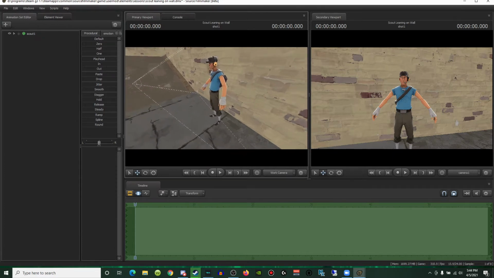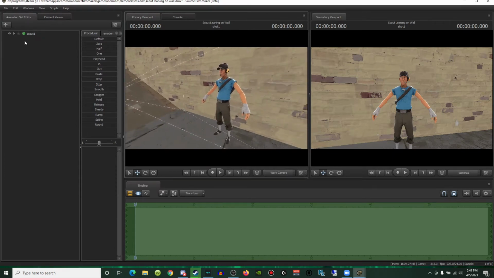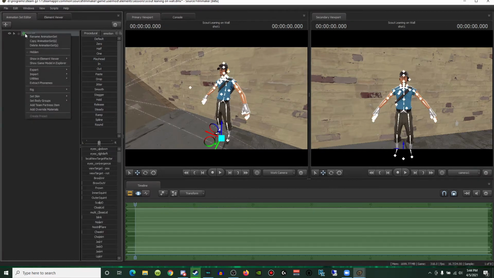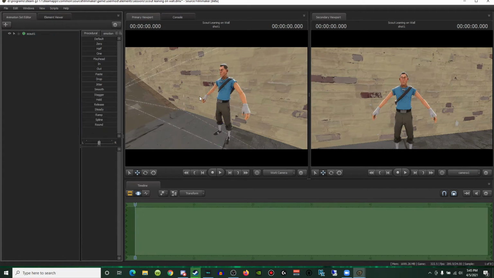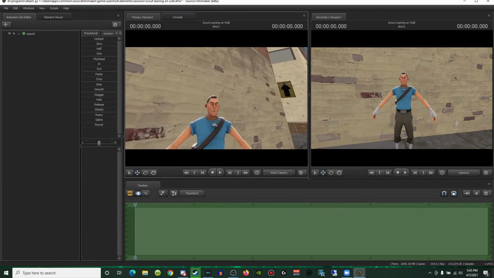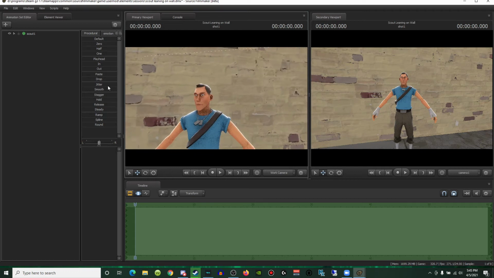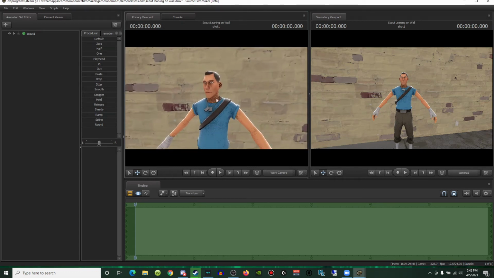I want to put a hat cosmetic on this scout. But how do you remove the hat? Well, you can right click on him, go to set body groups, you can remove the hat, and do the same thing, and you can remove the headphones. There. And you've got scout without a hat or headphones. Now, what hat would I want to use, right? Let's say I wanted to use